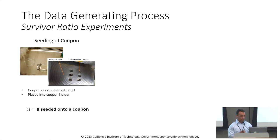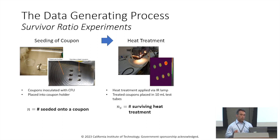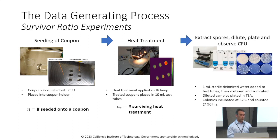And that was then pushed under a heat lamp, essentially. And this heat lamp provided rapid heating to these coupons that have been seeded with these microorganisms, this bacteria. And then after the heat exposure, these coupons are pulled away from the heat lamp, allowed to cool for a minute, and then placed into an extraction fluid, and then the sonication happens,